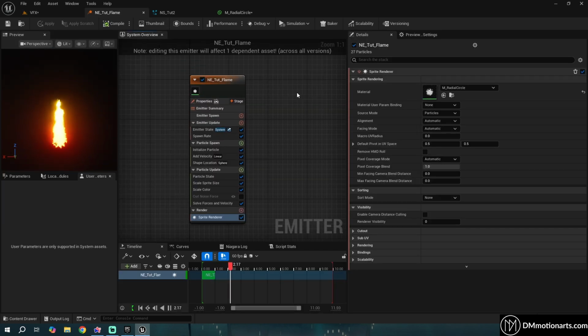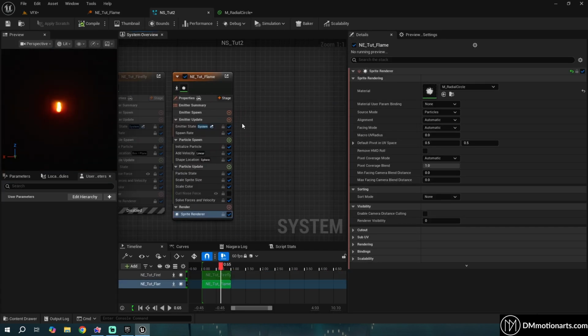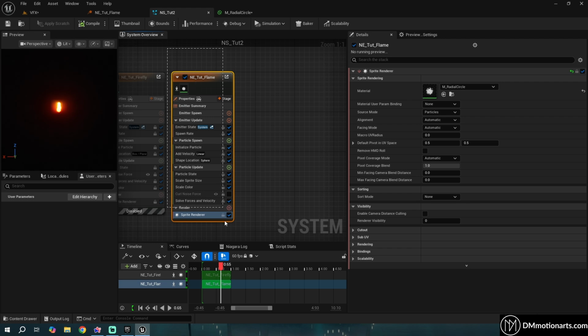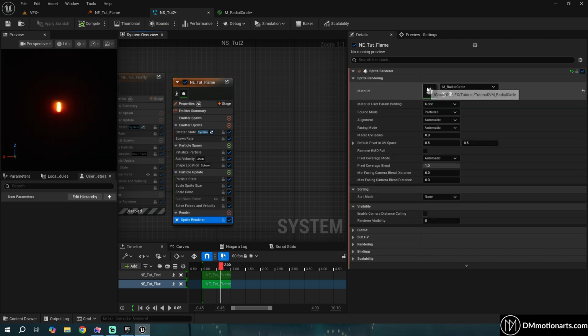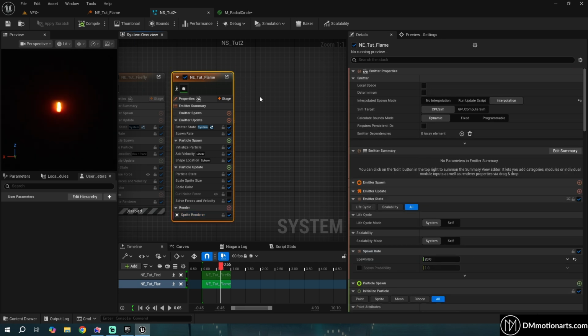And obviously, if you want, you could add more emitters, which would have, let's say, a smoke. Just do the same stuff but with a different sprite renderer, a different texture, or maybe even the same texture, or maybe don't even have the same texture, just have a sphere like the default texture, and have black and a gray